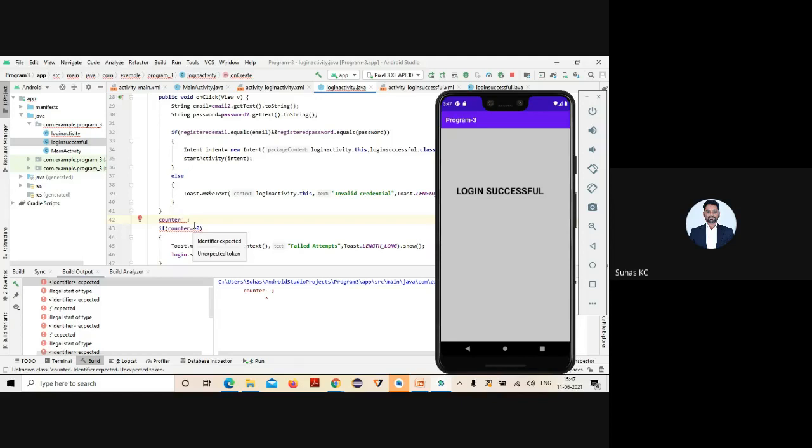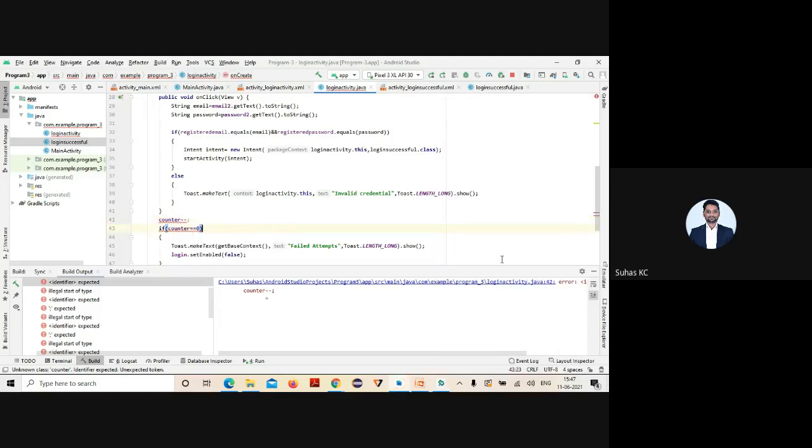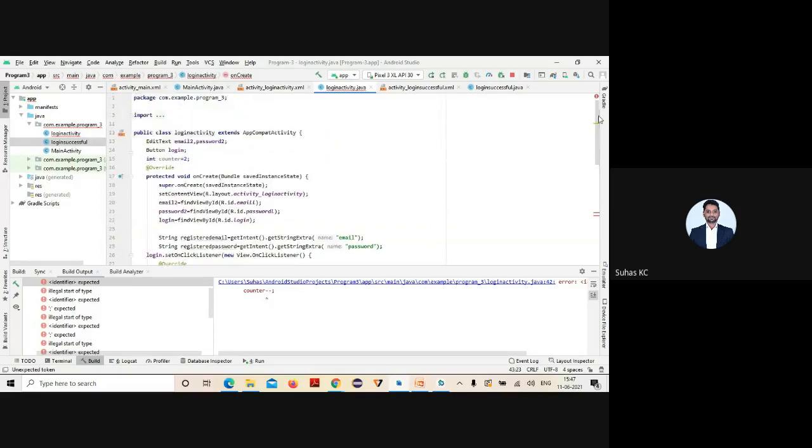So I'm getting an error, counter. Define the variable name. Counter.